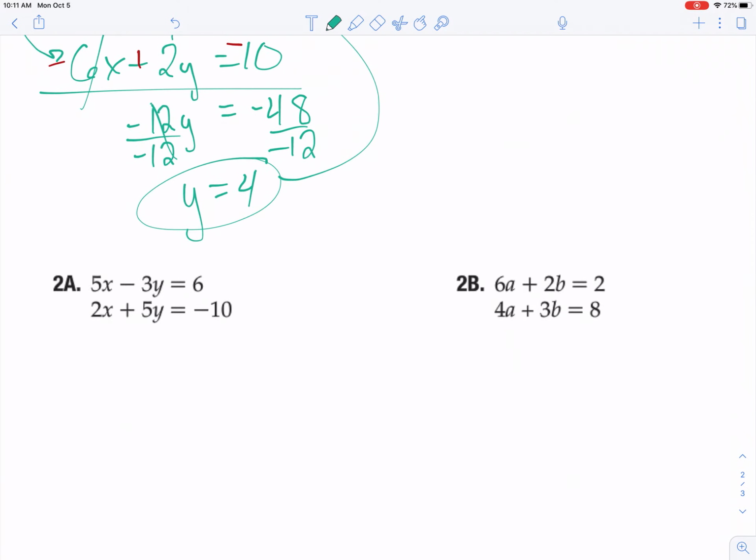Let's try maybe 2a. Here's the problem with 2a. Again, I'm asking myself, how can I easily multiply one equation to turn it into the other? I cannot easily multiply the 2 into a 5. If I want to strictly multiply by integers, that's not going to work. I cannot easily multiply the 3 to become a 5 either. So this time, I'm actually going to be multiplying